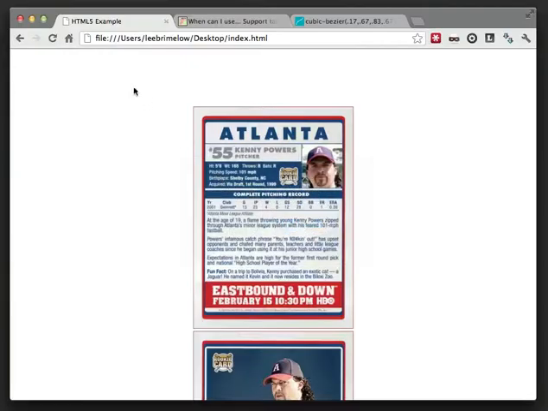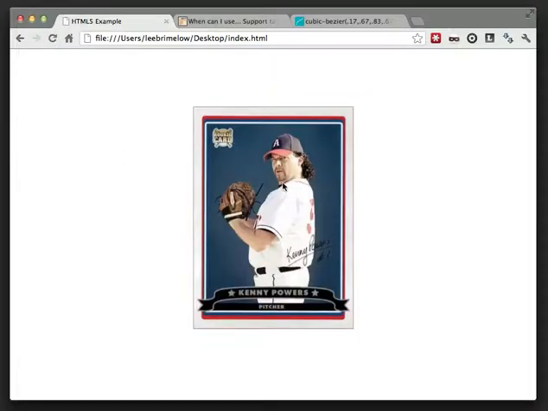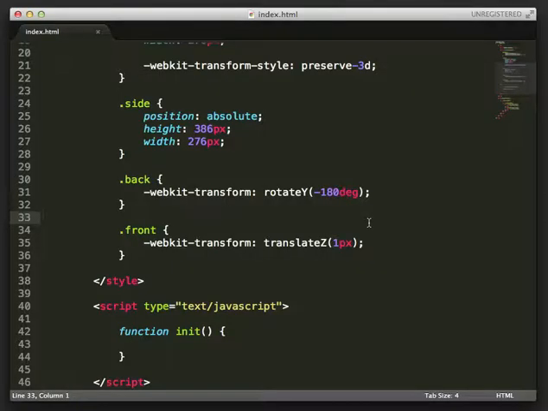Okay, so now let's go over and test it. And now you can see we have our card here, which is, the front one is positioned where it should. The back one is 1 pixel back on the z-axis and rotated. So now if we wanted to actually